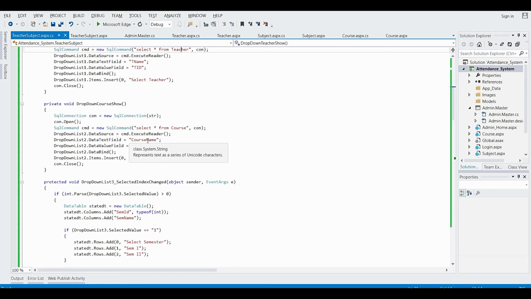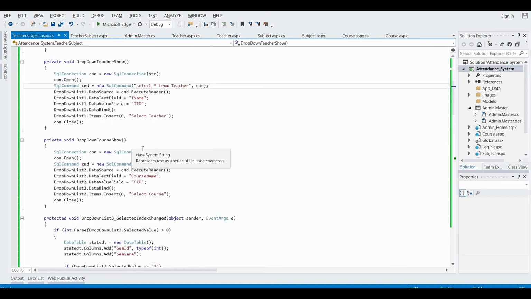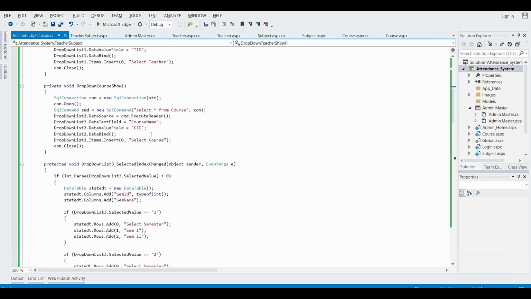At the front it will display the course name, at the back side it will take the course ID. Same for the teacher table also.